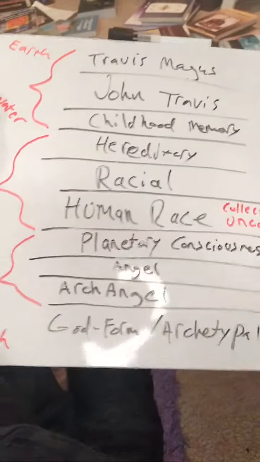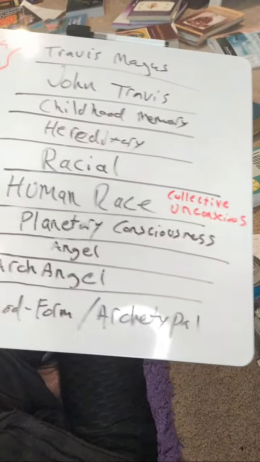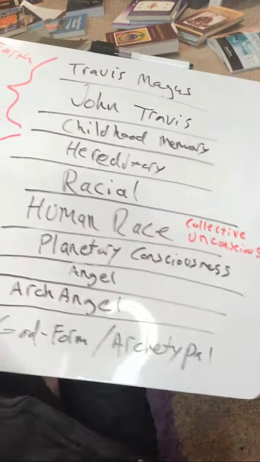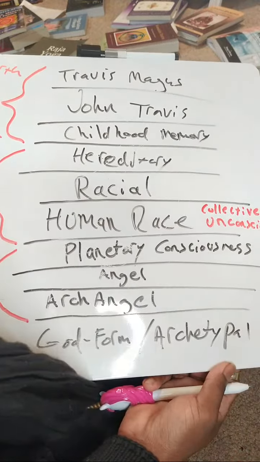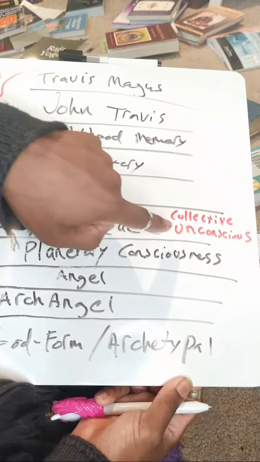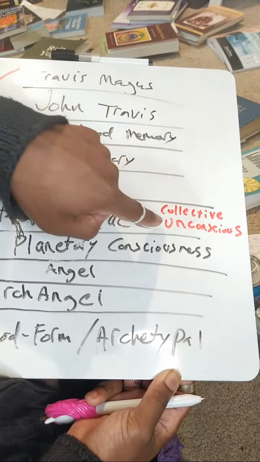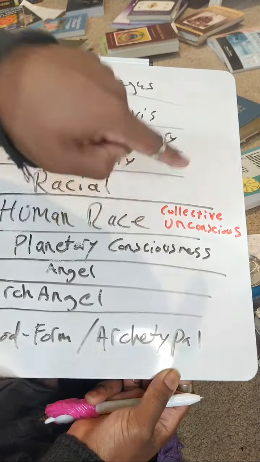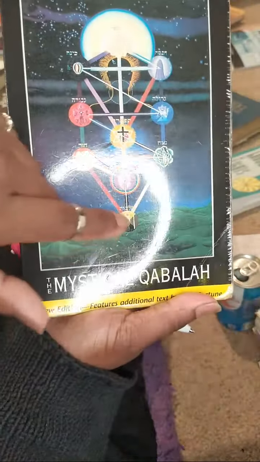So all this stuff that I talked about on this list here, on this chart, these are all actually levels of what we're dealing with in Yesod. And by the time we get to this point, right here, we're dealing with Netzach. Particularly, we're dealing with the path between Malkuth and Netzach. Because see,